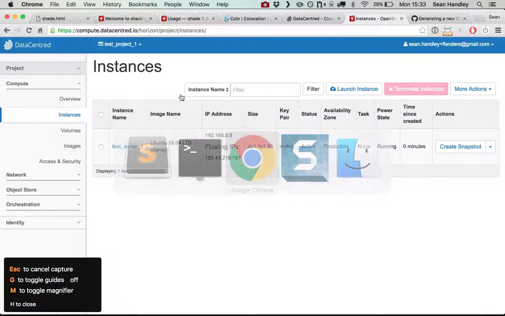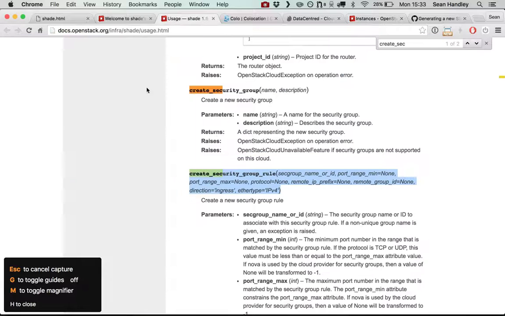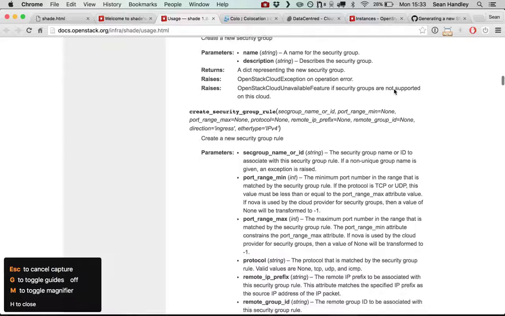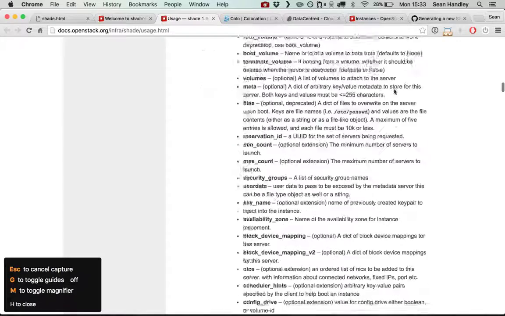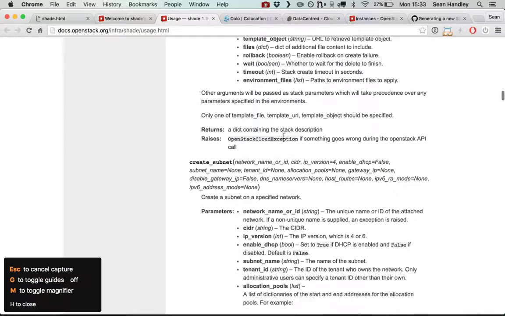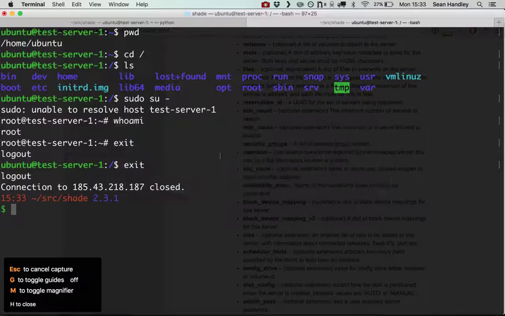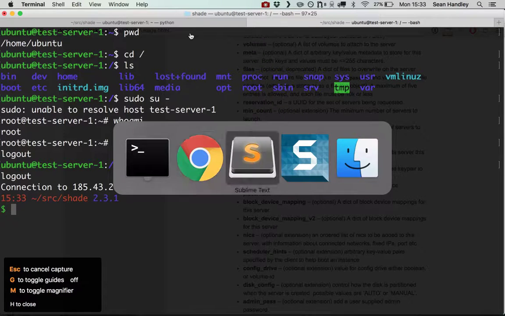So I've rattled through those steps fairly quickly. Before I go, I'm going to refer you through to this page here, docs.openstack.org/infra/shade/usage.html. So this is the API reference for the Shade library, and all of the things that you might want to do are defined in here, all the method names that you would call, all of the arguments that you would supply, and what you should get back from that. So this is definitely a point of reference, and from this point you can carry on learning and seeing what you can do with the